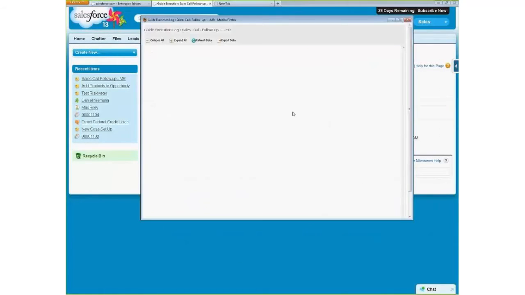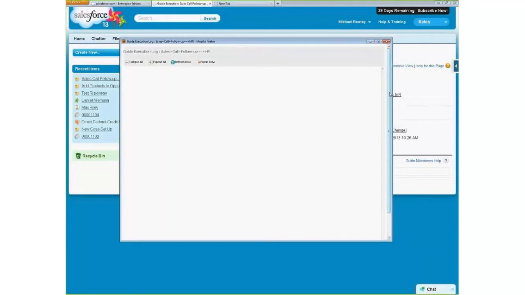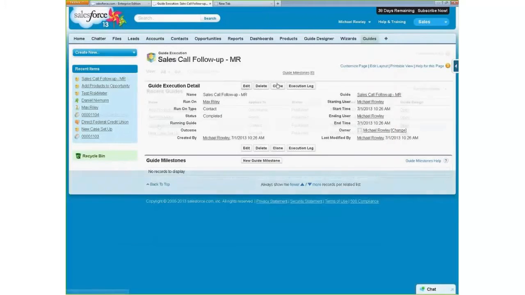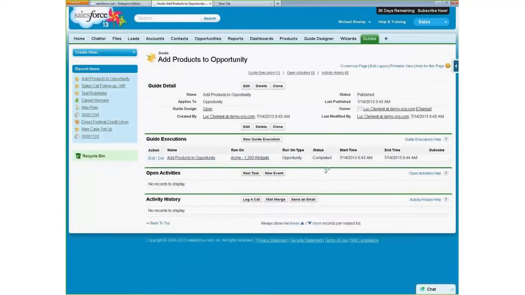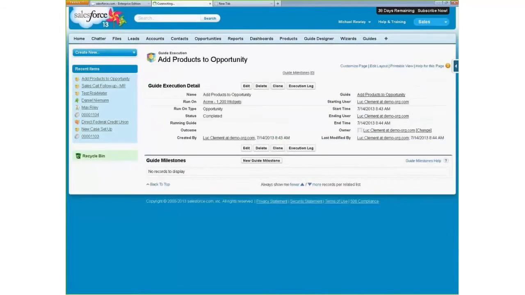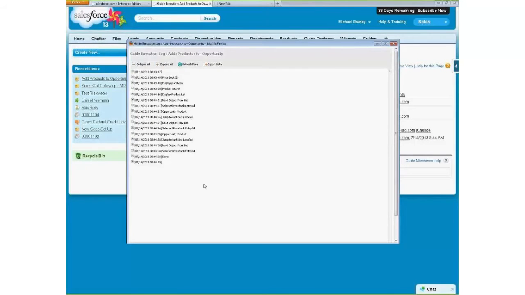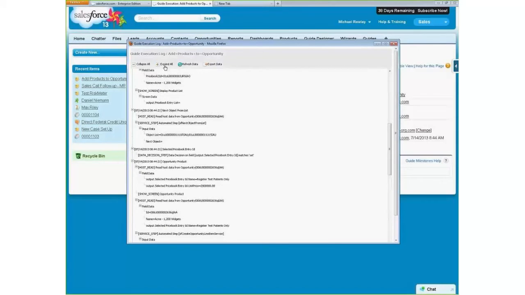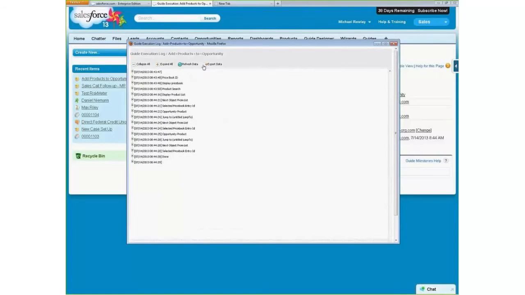If you want more information than that, you can run it with the guide execution log on, and we've got the ability to turn on or off guide execution logging. If I go into a guide execution, then I get this guide execution log. We had a guide execution log in the previous release. These buttons at the top are also new. You can expand all to see the details of everything. You can refresh the data to see it as you continue to run it, or you can export it, and exporting is especially valuable when you're working with our excellent support so that we can see the guide execution log